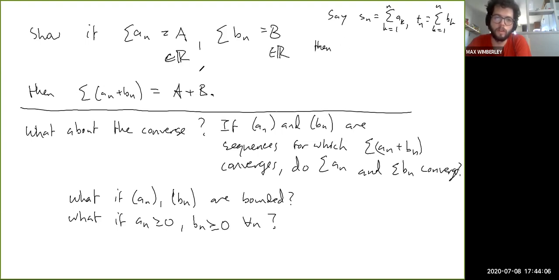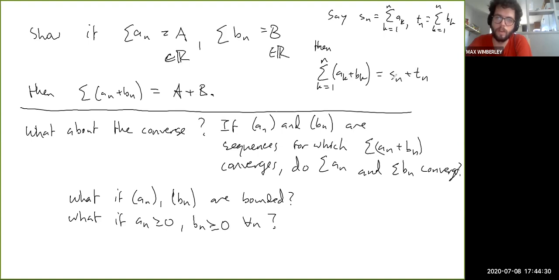Then basically, the partial sums of this series are just the sums of the partial sums of these two, right? So the sum from k equals 1 to n of ak plus bk, which is the nth partial sum of the sum series, is just